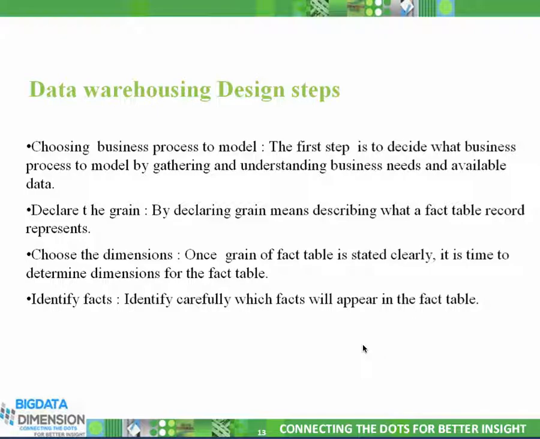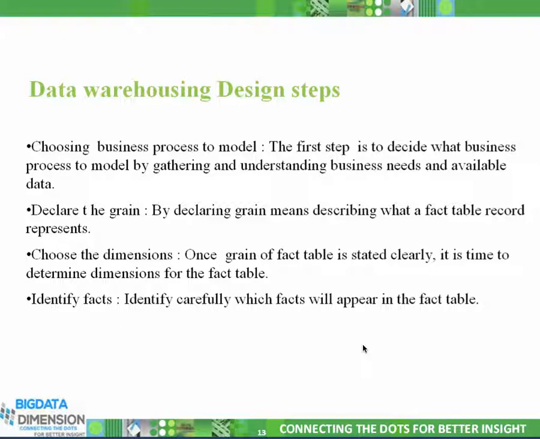Like say if we define store, it would be ID, followed by store location, store number, store category. These things define our subjects. The last one is identifying facts. After dimensions we will define the facts, right? Where each fact will